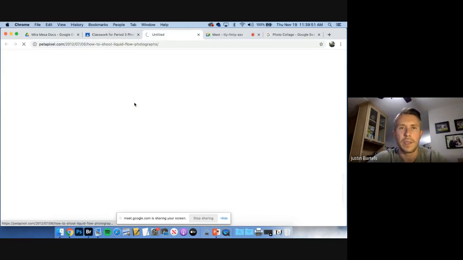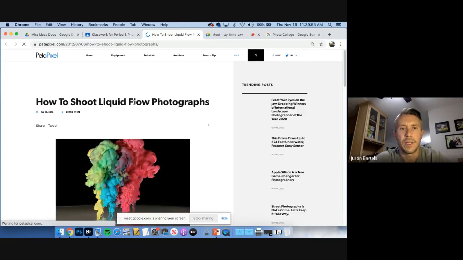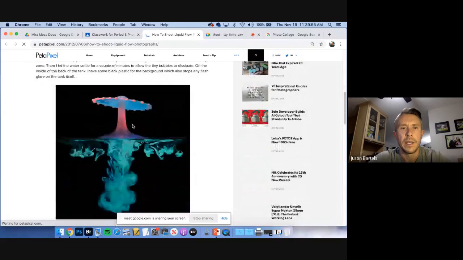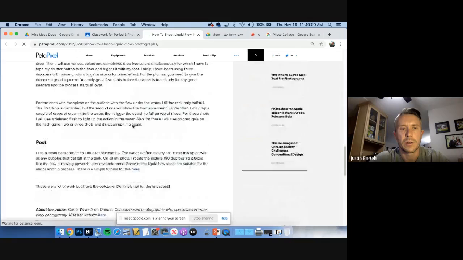Sometimes people like making ink clouds for still lifes. So this is a good little link here on how to shoot ink cloud photography. And it actually shows you how to,